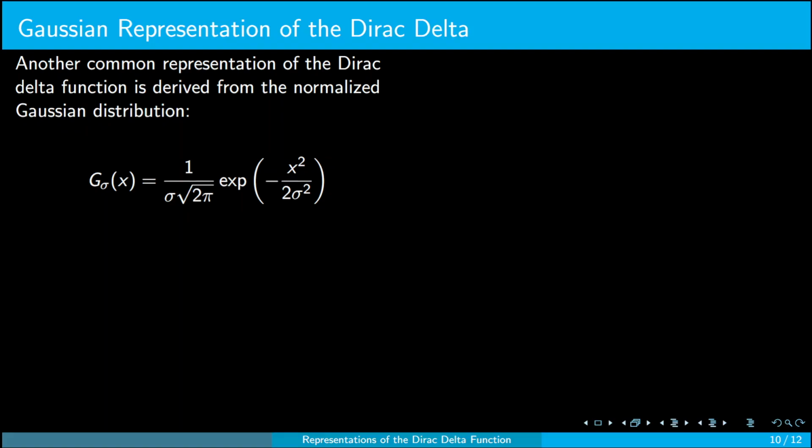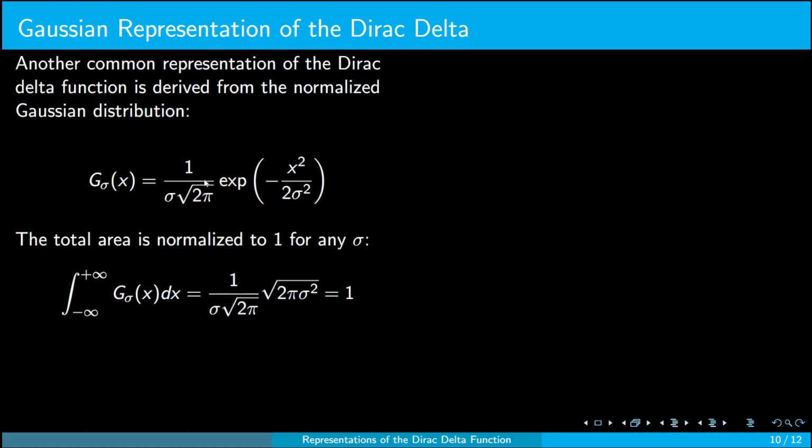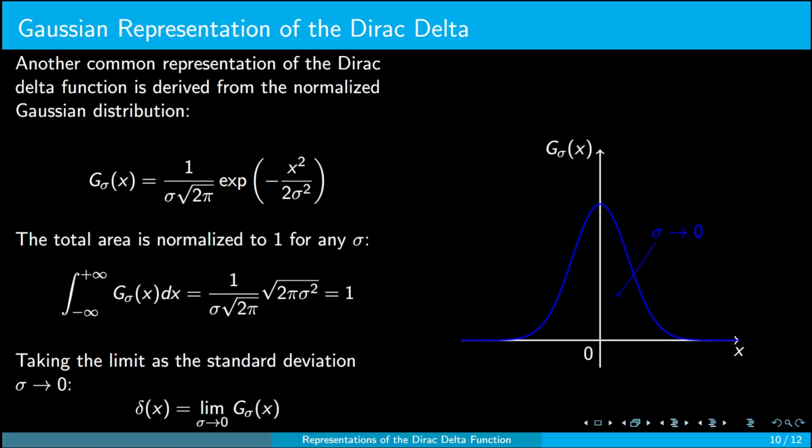So that term is normalized. You can just try it. Okay. So the total area is normalized to 1 for any sigma. So if we integrate from minus infinity to plus infinity, it will just give us 1, which I was talking about. So you can check my last video or the formula on the first slide. So taking the limit as the standard deviation